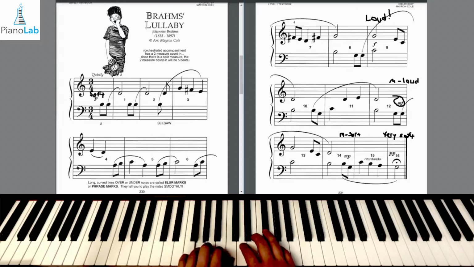Play G, finger 4. Now let's play A. Moving to B. And now C with our left hand thumb I'm going to use. And now D, finger 2. And E. And F sharp. And finally G. Very nice. Okay, we've played all of the notes that we're going to need.